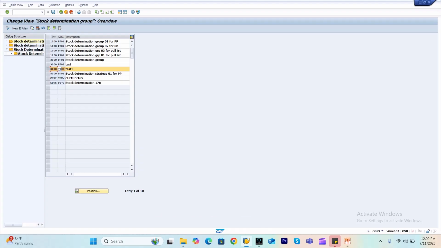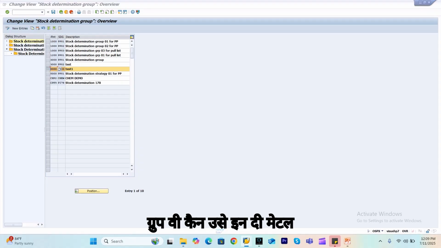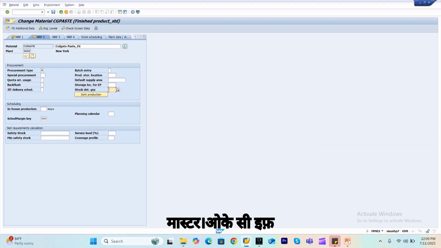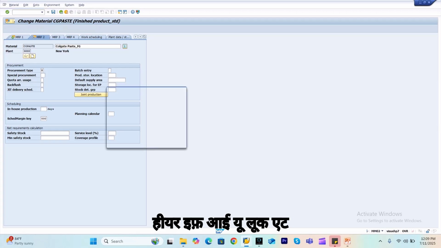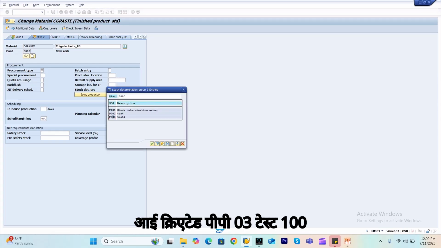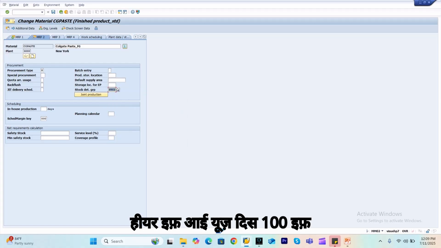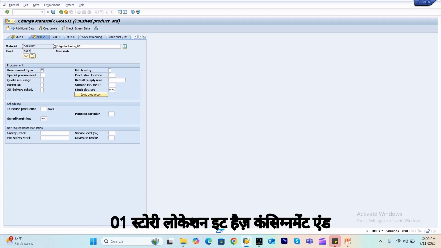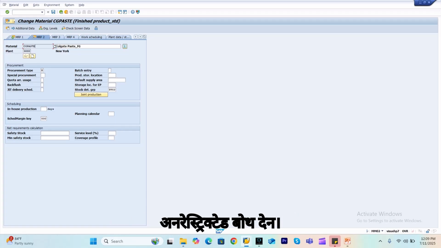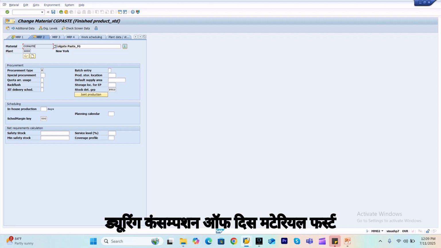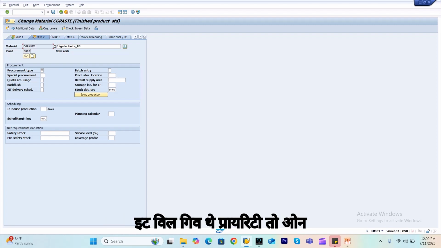Now this stock determination group we can use in the material master. If you look, I created PP03 test one, so if I use this one, and this material has in SL01 storage location both consignment and unrestricted, then during consumption of this material first it will give the priority to own stock or unrestricted stock,